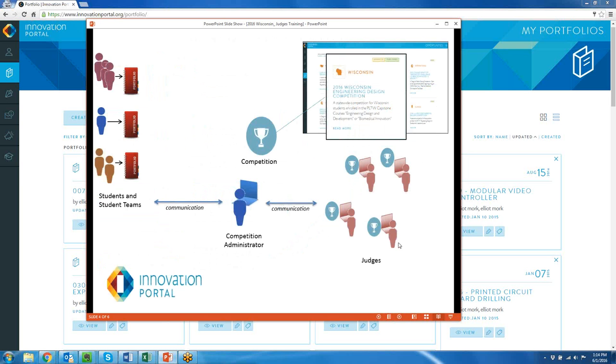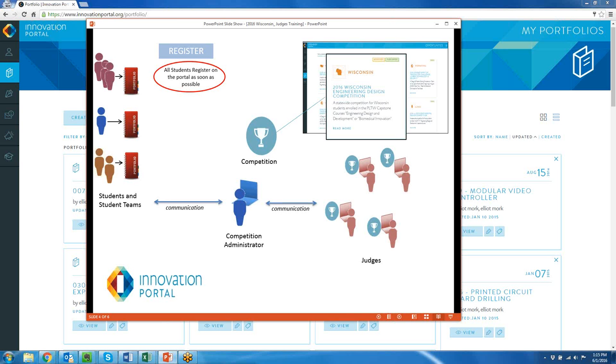So a pretty quick overview of the competition in the Innovation Portal, showing you kind of what your role is within this competition. On the left-hand side, we have a bunch of students and student teams. The first step that they went through is to register, and they did that quite a bit ago. Registered their interest in the competition, and what that does is give the competition administrator, in this case Dr. Schultz, an idea of how large the competition will be, and then at that point he can start recruiting some judges. And so that's what has been happening the past month or so. You may have gotten emails from Patricia or been